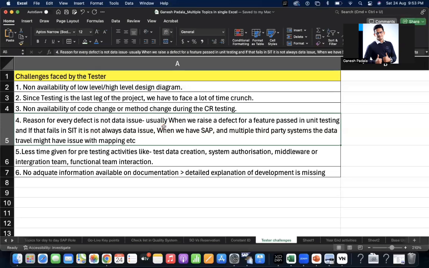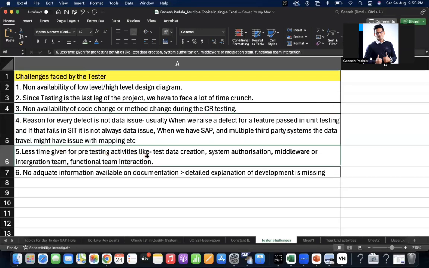During development, they may not have mapped the fields properly with the middleware or the third-party system. SAP has an 18-character material code, and they might have 20, but that was not properly maintained, so they might get something more than 18. Such mapping issues are also possible causes of such challenges. That's what was mentioned.